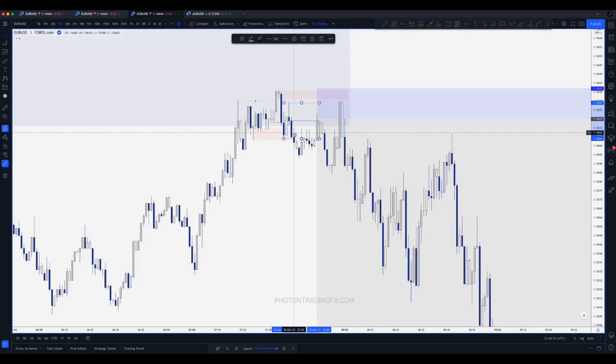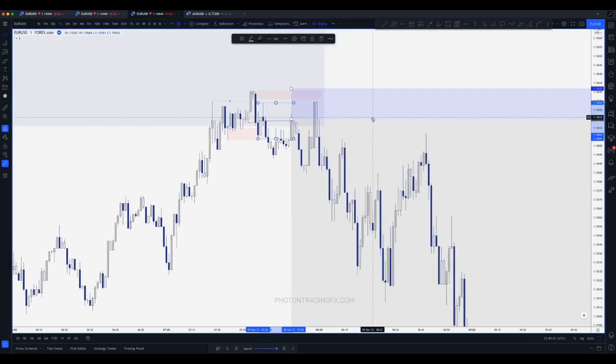Okay, let me summarize and keep this even more simple. I will draw my flip zone on the whole range, but remember, I always want a fixed 2-pip stop loss, and I need my stop loss to be protected. Protecting my stop loss defines where my entry goes. So if I know that this 2-pip can get me above the high, then that's where my entry has to be, okay? Which just so happens to be the EQ of the range,